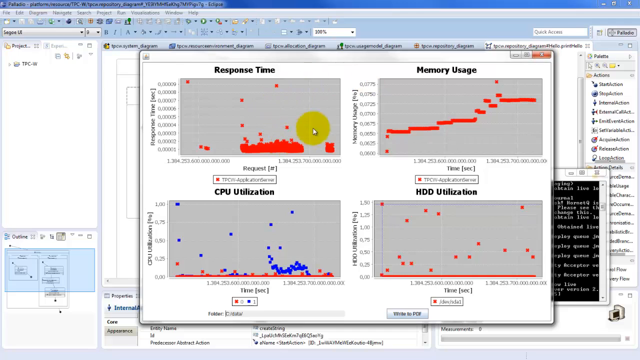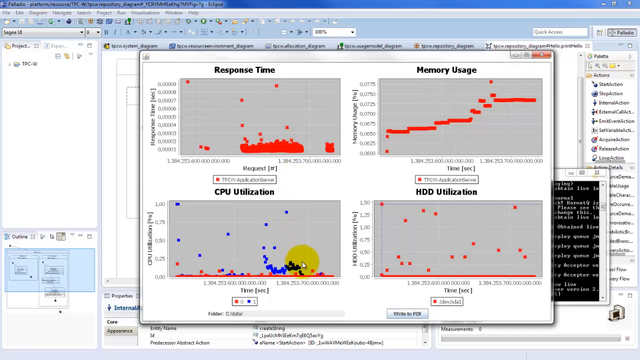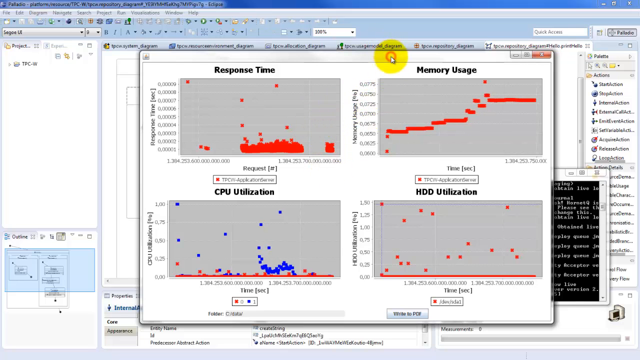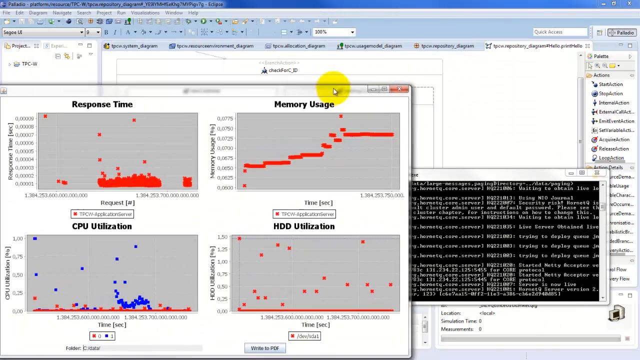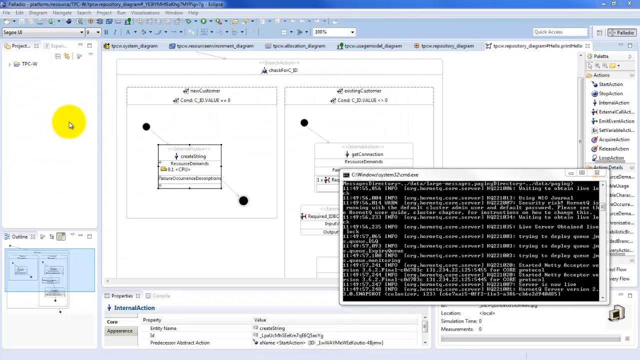To get clear measurements, we have to restart this tool now because there is a warm-up time. There may be some operating system effects we cannot observe. So what we actually have to do now before continuing the measurement is to restart this tool here to get clear measurements. Okay, so I close this window for the time being